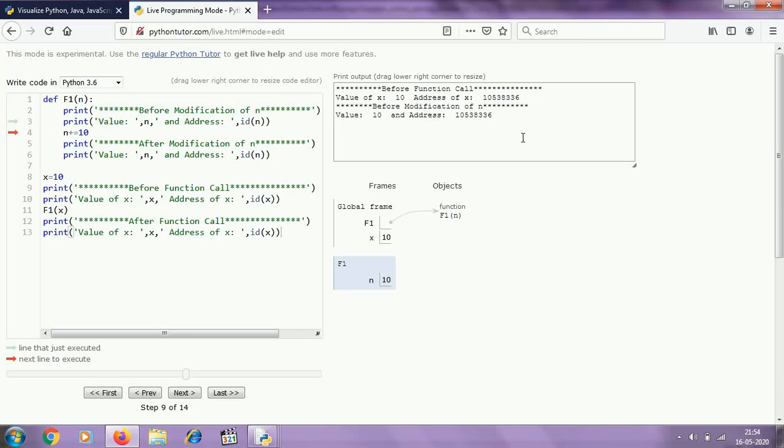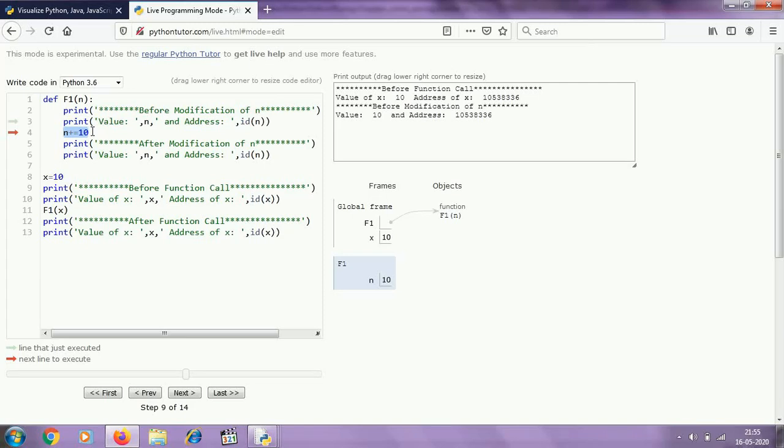And one more thing you must remember, that 10 is an immutable object. If I am going to change the value of the variable n, that means we cannot change the value in place. So after execution of this statement n += 10, the new value of n will be 20.